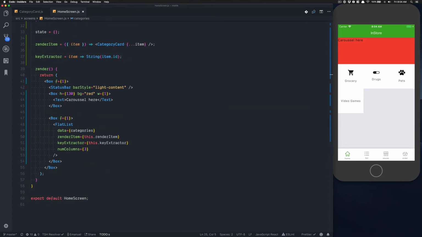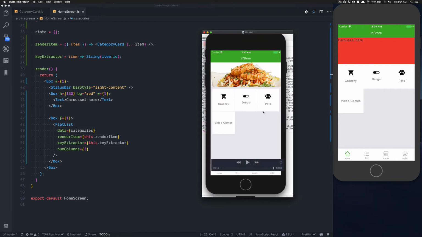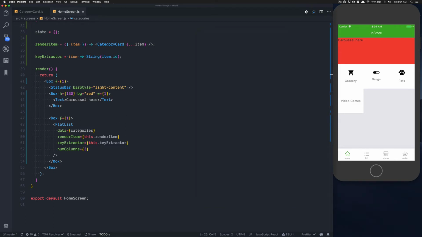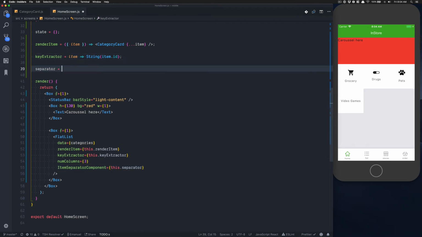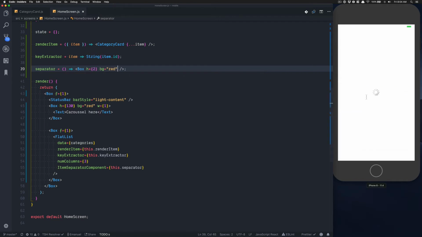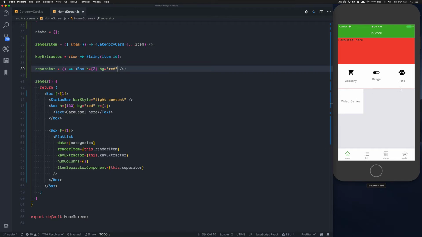Yeah, I'm going to show you one thing first. I want to have a separator here below each. So if we look here, we have a separator here. The way you can do this with a flat list is going to be really simple. You come here, you can say item separator component, and you can create your own component. For that, I'm going to create another method, separator. And this separator is going to be just a function. We're going to return a box. If I say a height of 2, for example, and I put a background color of red, we're going to see at the bottom of each of them